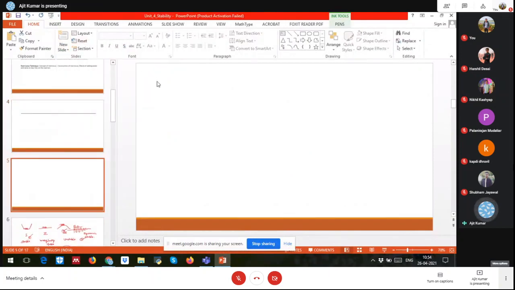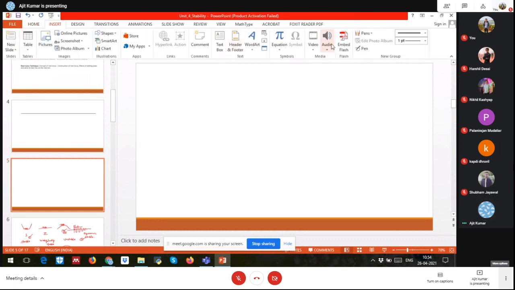So poles and zeros. In control systems, these two terms are very important. Poles and zeros. Now, the transfer function, if it has an order like this,